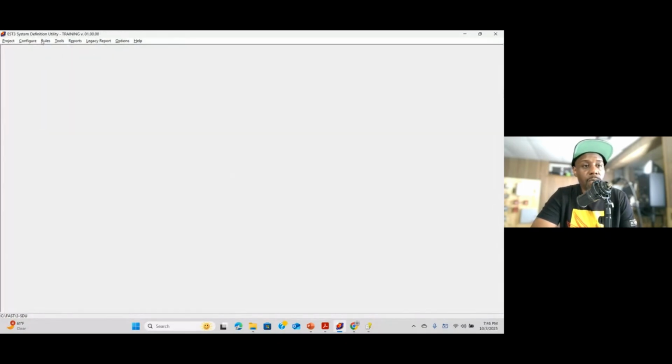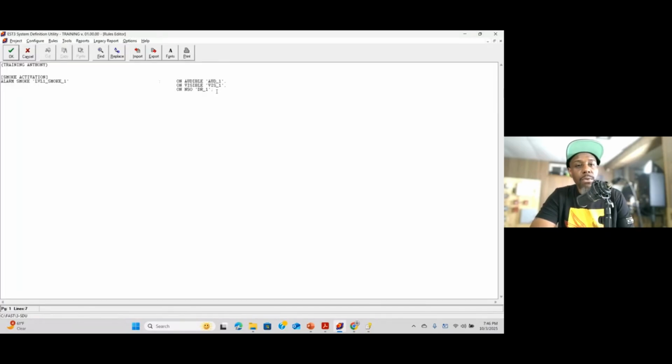All right, so we go back to the rules. We edit rules. So we know that works. So now we want to do the water flow, because essentially if we have a fan restart switch, we should have another relay fan shutdown, but we don't. You should use standard here, because if we had another relay, it'd be on NSO fan_1.